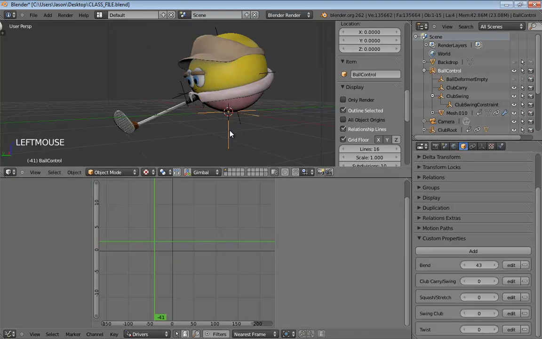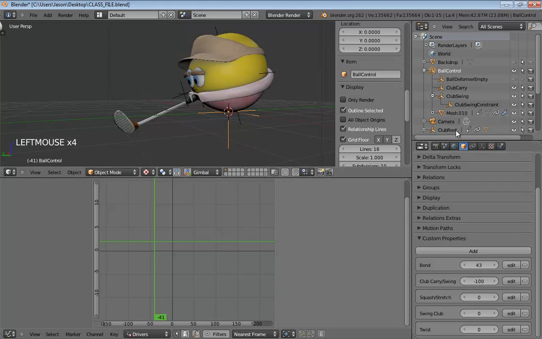We want our slider to exhibit the following behavior. At a value of -100, which, yeah, you could probably make all kinds of commentary on whether it's a good idea to use a value of -100 and whether that's intuitive, but I just did that for consistency. At a value of -100, our character should be carrying the club. At a value of +100, he should be getting ready to swing the club. So that's how the positions are going to work. So go ahead and set this to -100.